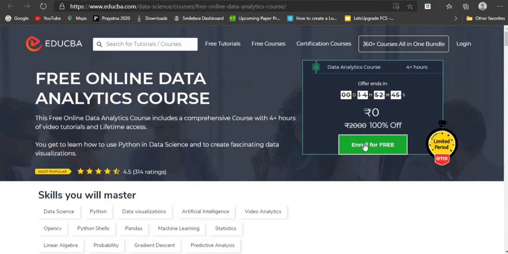And another main thing is you can't do multiple courses by using the same account. So you have to use a different account for different courses. But there is also another way to use the same account in multiple courses, by deleting that particular account and reusing it in another course by enrolling in it.